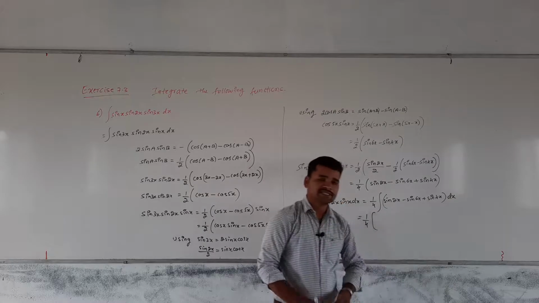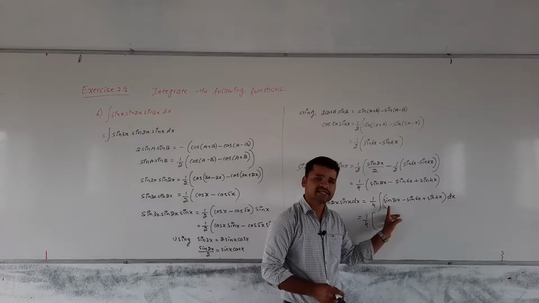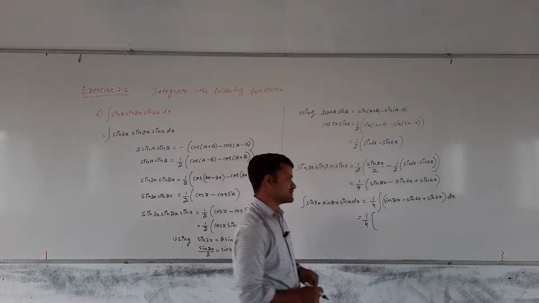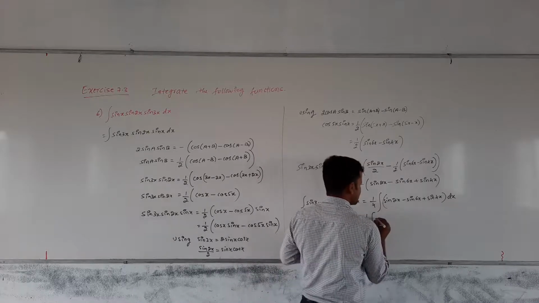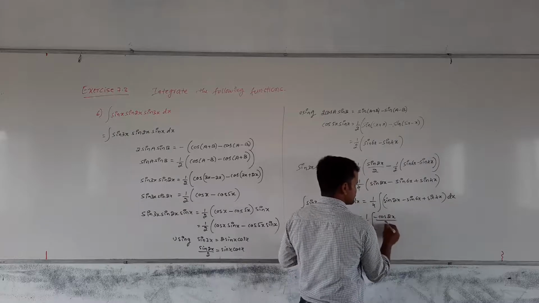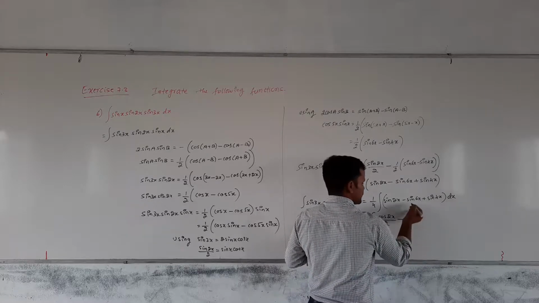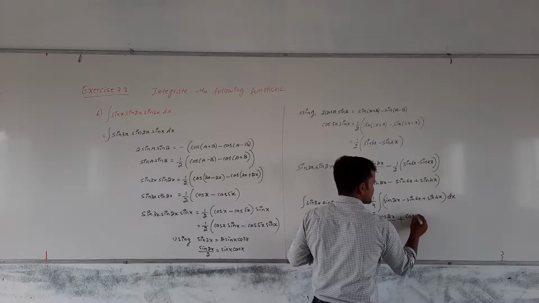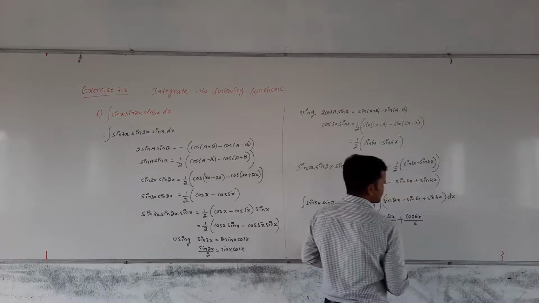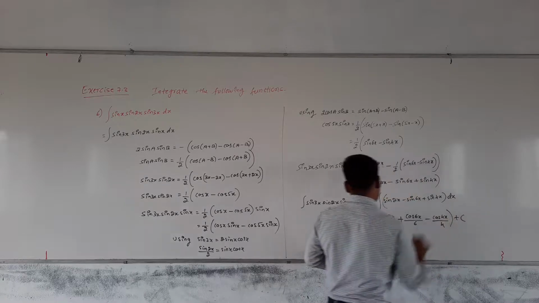In sin 2x, it is in the standard form, integral of f of ax plus b, where f is the function sin here, ax plus b is 2x plus 0, a value 2, b value 0. Integration of sin is minus cos, this 2x you write as it is, divided by the coefficient of x, 2. Minus of the integral of sin 6x, which is minus cos, so minus minus becomes plus cos 6x by 6. Next, the integral of sin 4x is minus cos 4x by 4 plus c.